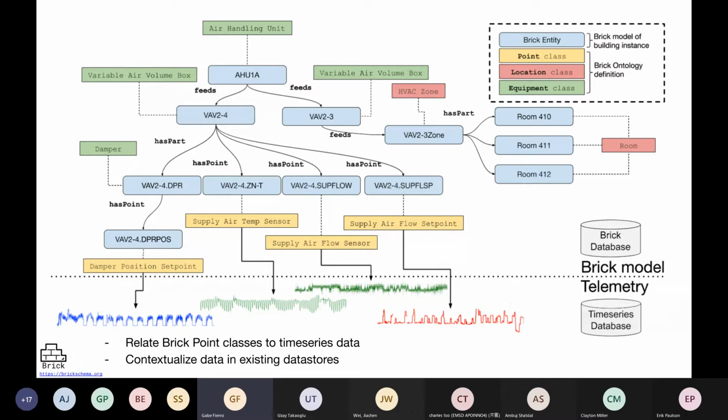And so this connection between the Brick model and the time series database is something that we've been focusing on more and more in recent months, making sure that we have a standard for attaching units of measure to Brick classes, making sure that we can standardize how to indicate the time series identifier for a particular point, so that there is some unity and standardization in how one interacts with the Brick model and its database, while being somewhat agnostic to how that is specifically implemented.